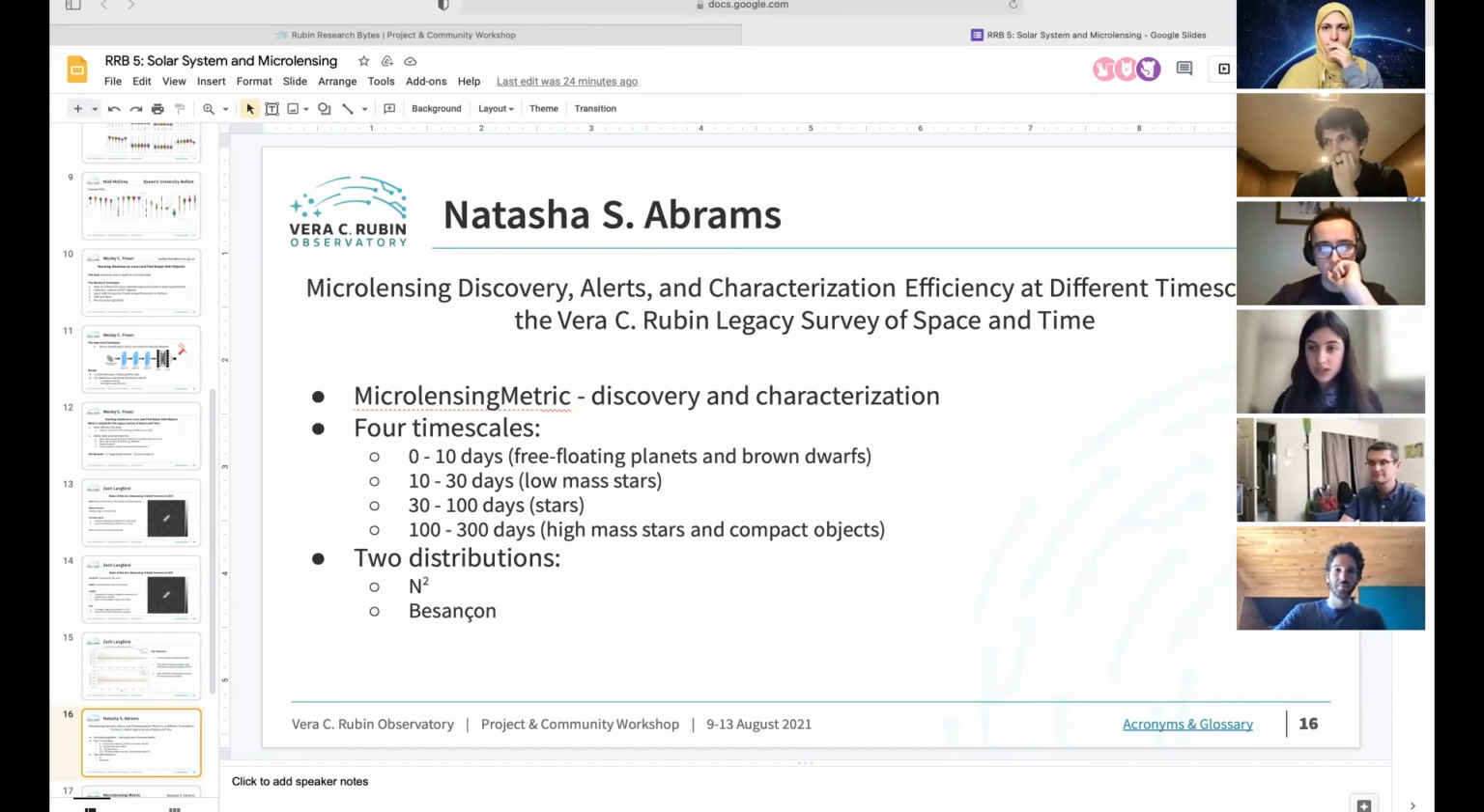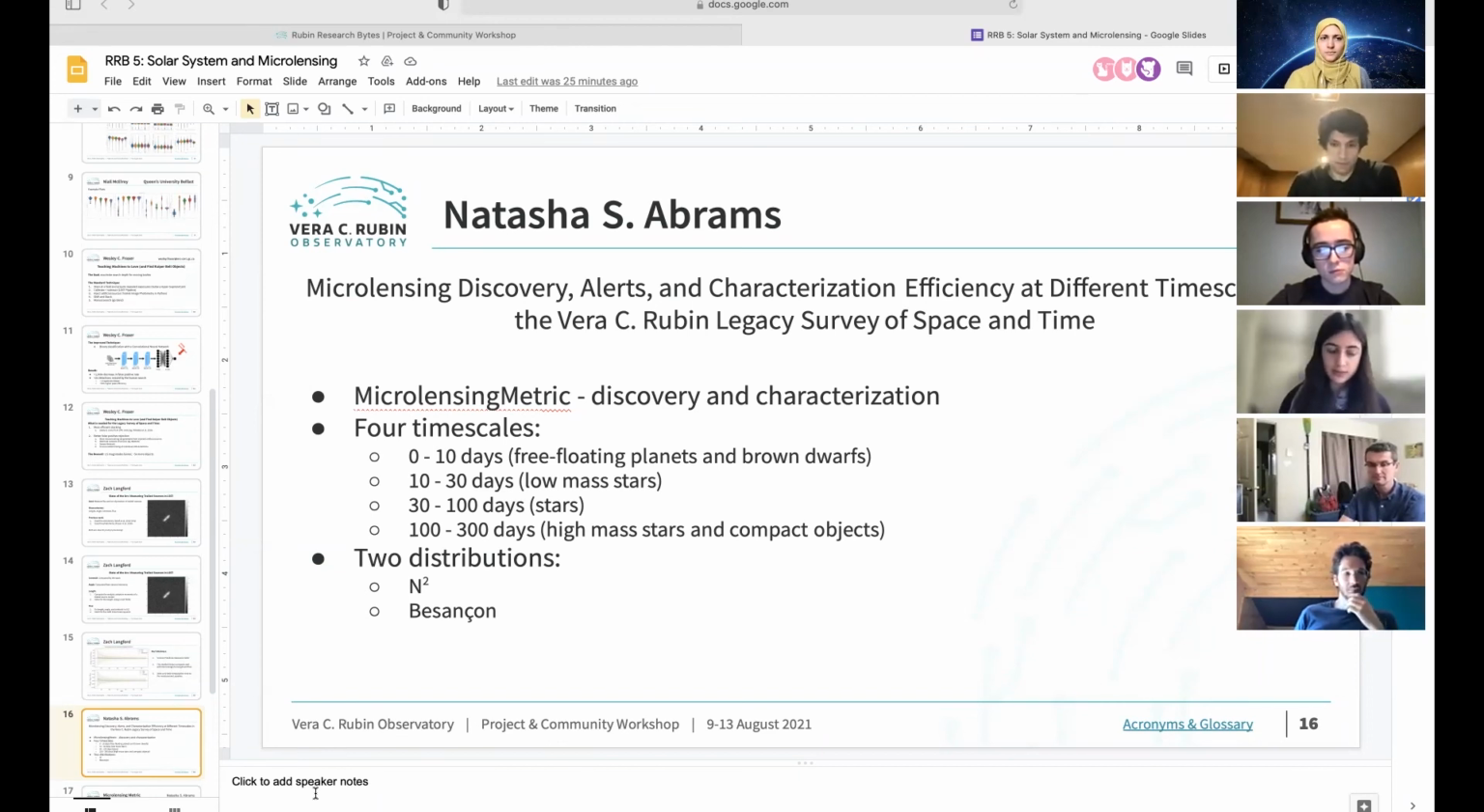So gravitational lensing is when you have such a massive object that it bends the light of objects behind it in our lines of sight, creating distorted images of that object. In the case of microlensing, these objects are smaller, on the order of stars and black holes, such that we can't actually resolve these distorted images, and instead we see a characteristic brightening and dimming as they move with respect to one another. So we made a microlensing metric to explore the discovery and characterization efficiencies for different OPSIMs